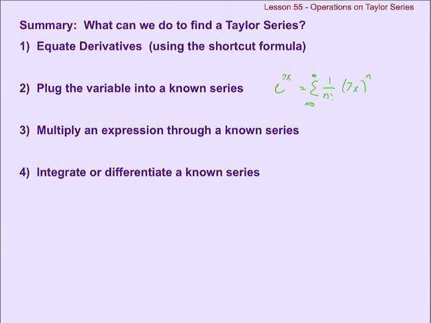Or, like we saw in the last example with that t coefficient, if we want to, we can multiply an expression through a known series, meaning we can distribute something to every term of the known series. Or we can integrate, like we did in the last series, and that works also for derivatives. We can always find the derivative of something by turning it into a Taylor series and then finding the derivative of those Taylor series. That's a little bit less useful because we already really could take the derivative of anything we wanted to anyway. It's only the antiderivatives that are sometimes impossible to do using other methods, and that's where the Taylor series method becomes